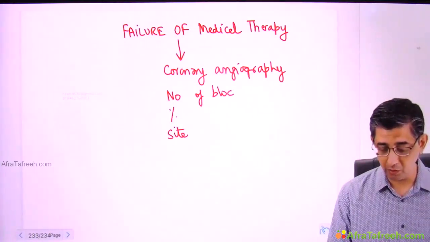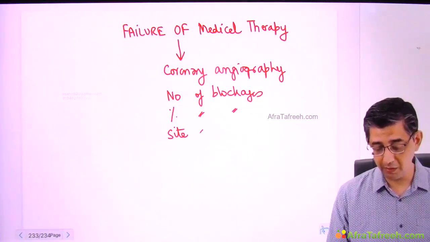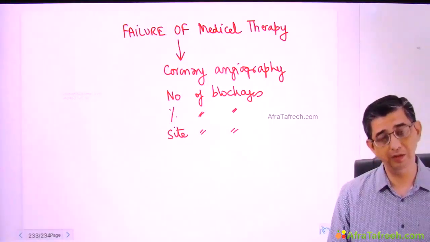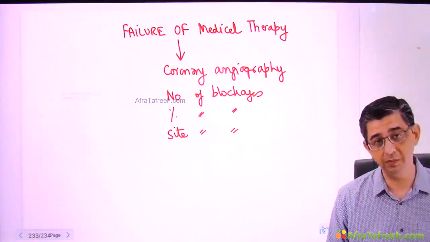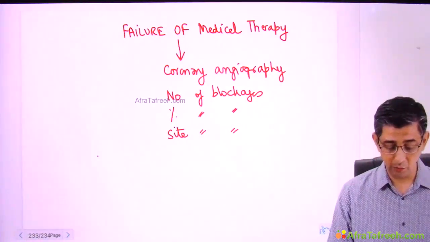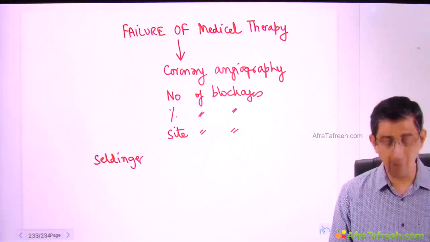So most importantly, you are having three inputs together, that is site plus number plus percentage of blockages. If you add up all of this together, and then simultaneously I also said that this would be real time, and therefore this explains why I was initially saying that this is the gold standard investigation per se. Now the approach that we will be using would be either transradial or a transfemoral, and the technique of puncture of the artery.